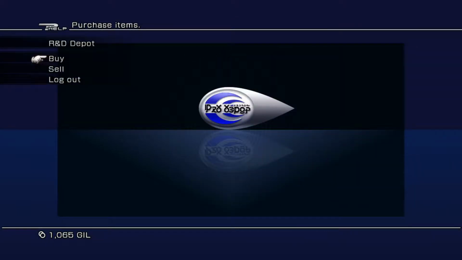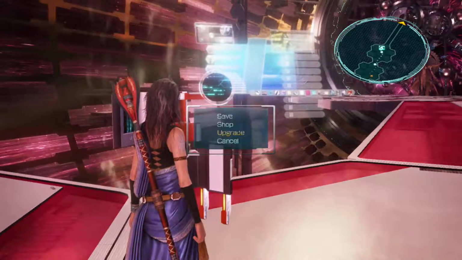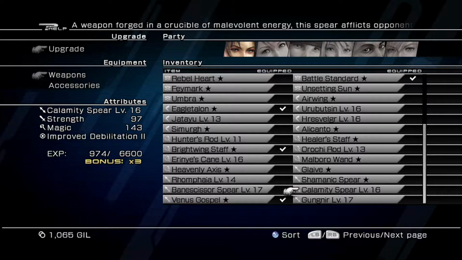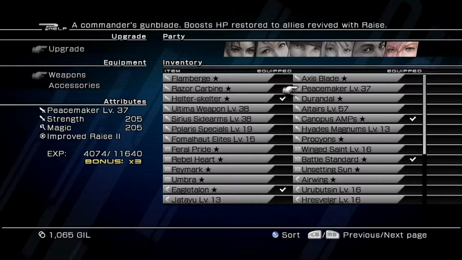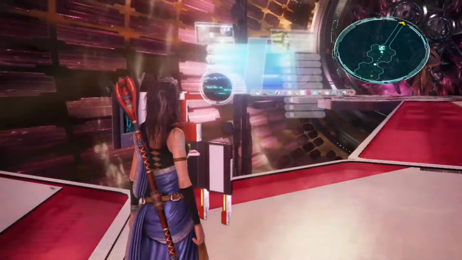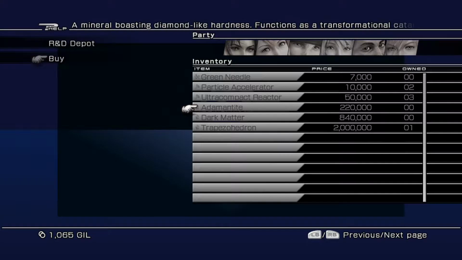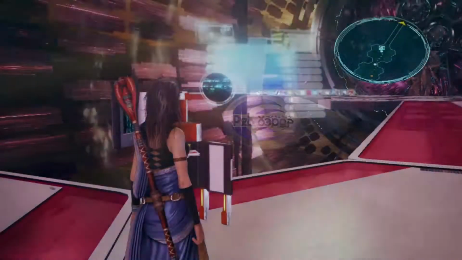Yeah, I've been doing a lot of in between videos. I've been doing a lot of weapon upgrading. So I'll just show you. I've pretty much got everything, all the weapons, either at their 2nd level or about to go into their 2nd level. Most of these things will either need uraninite, or some of them need something called adamantite, which at the moment you can only buy in the R&D department, and it costs 220,000 gil, so very expensive. There are ways you can farm it later on, but that's going to be for much later on in the game. Anyway, let's save,